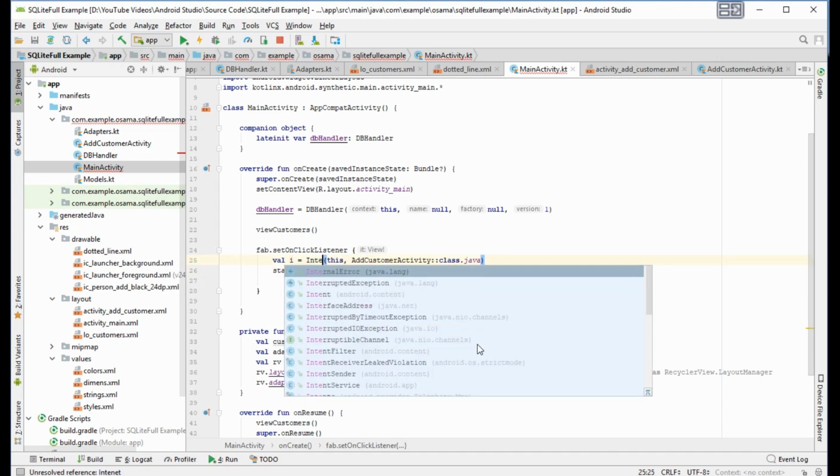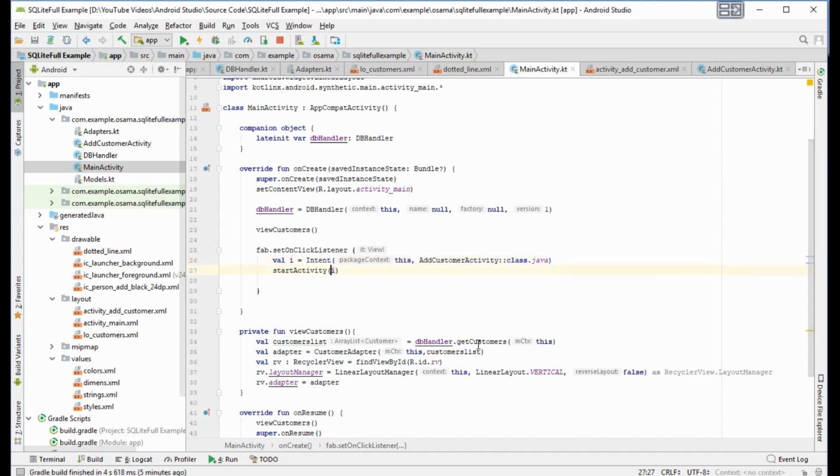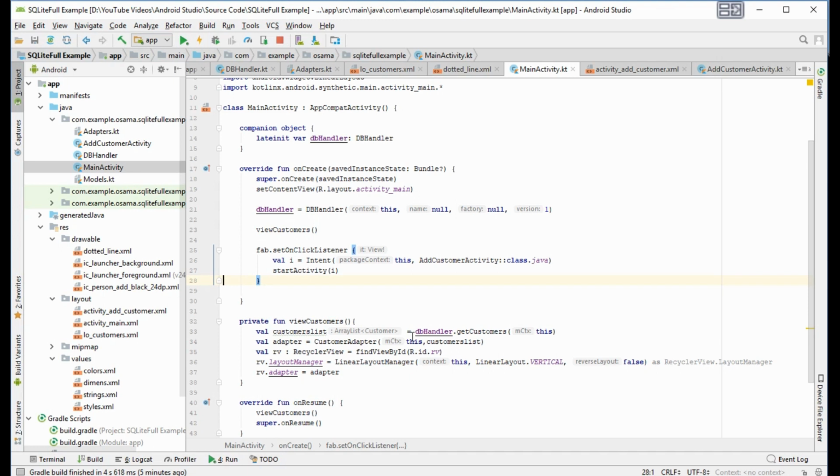Intent, sorry. Okay, now we want to run.